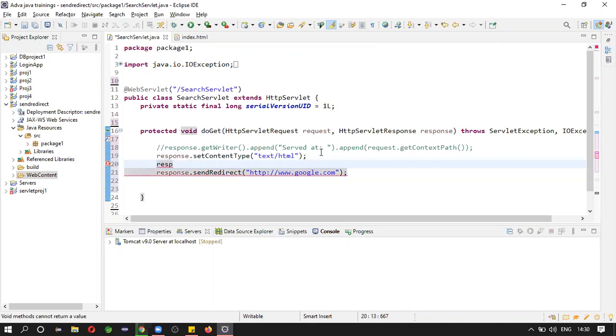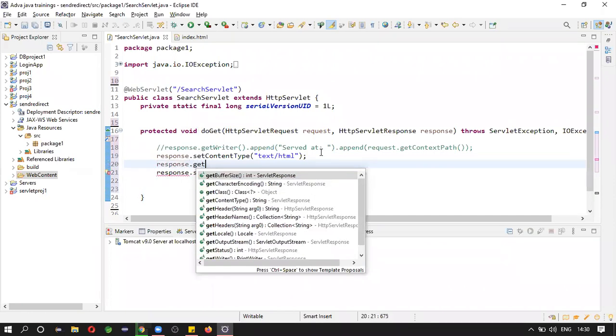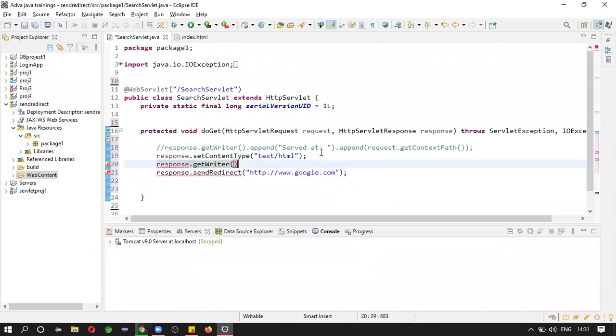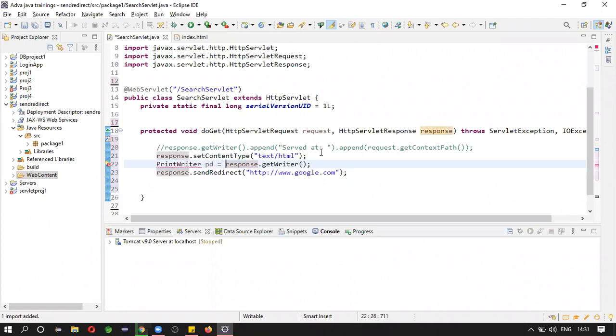So response dot getWriter, PrintWriter, then Eclipse suggests it. Yes, import PrintWriter. Okay, now everything is set. Here we are using resources, right?